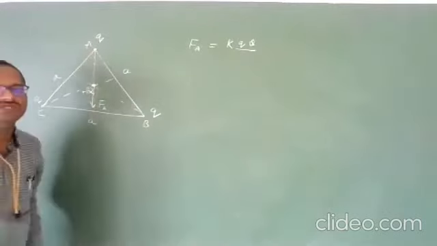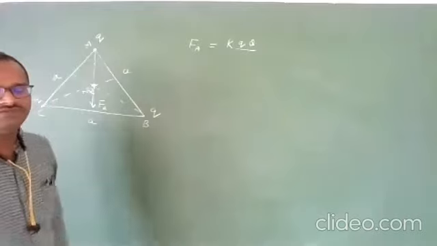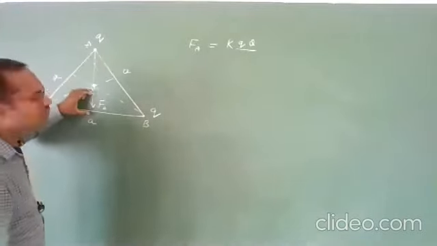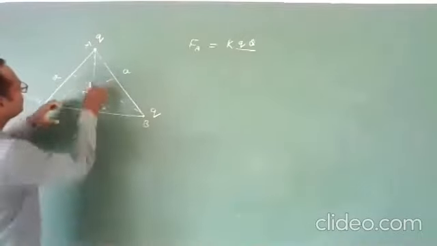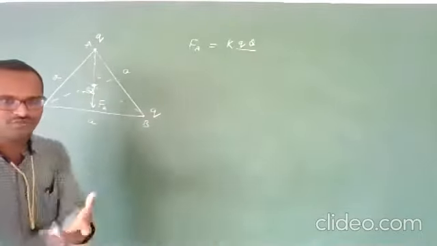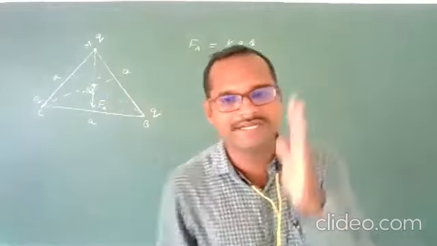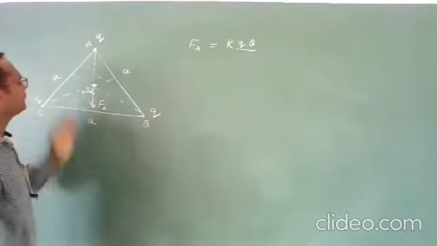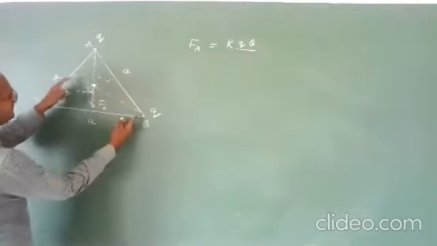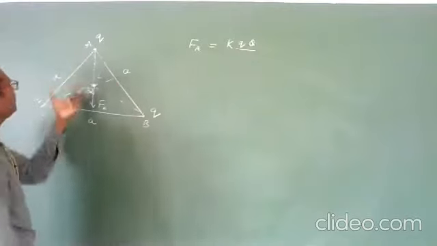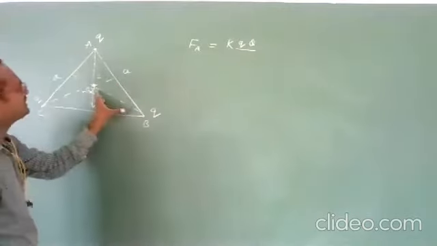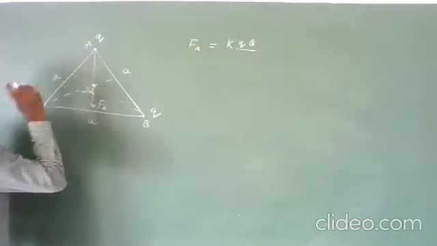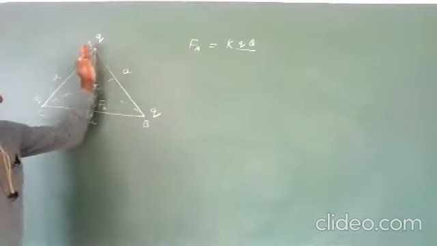This distance can we find? How to find? You see, centroid. We know centroid will divide the altitude in the ratio of 2:1. Means this is 2 times, this is 1 time. You know this point. This is altitude, this is also altitude, this is also altitude. If we find for one, then it will be same for this and this also. Remember. So in the ratio of 2:1, it will divide. Now, what is this total length we want?